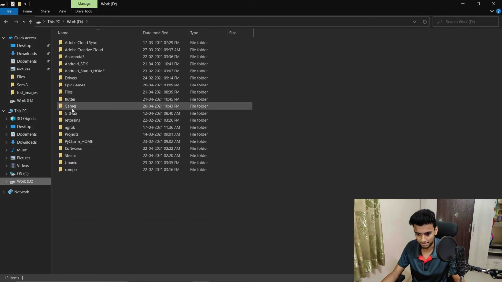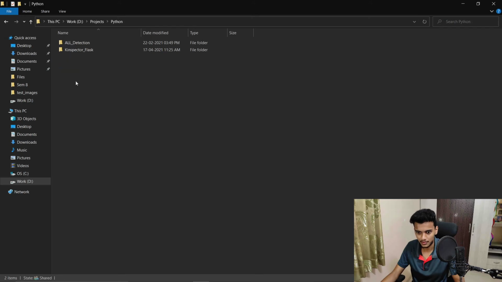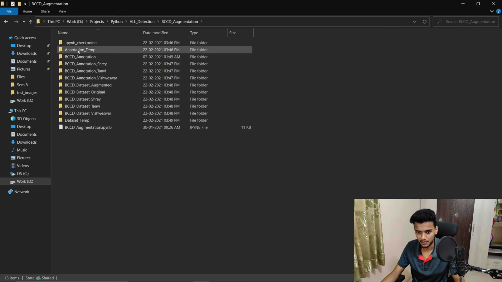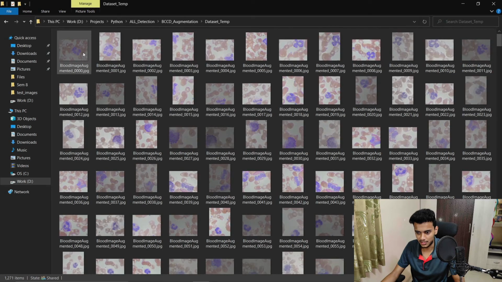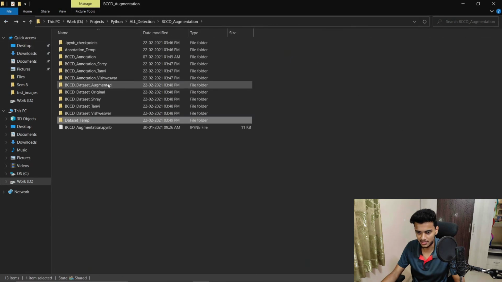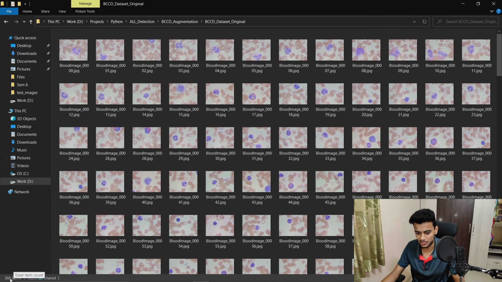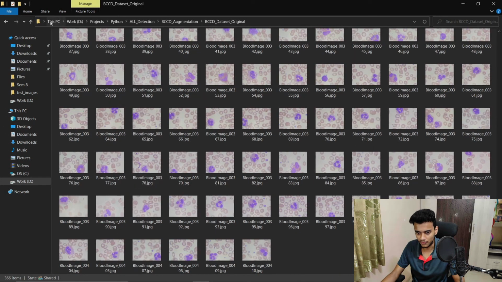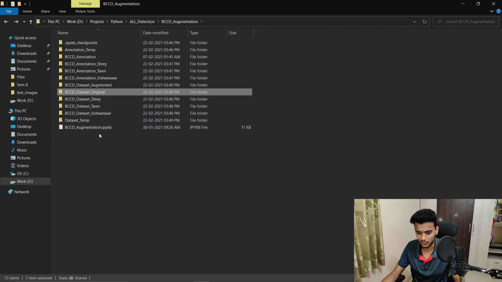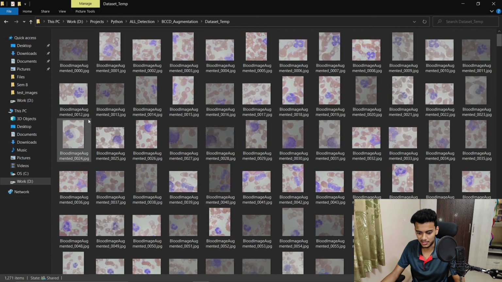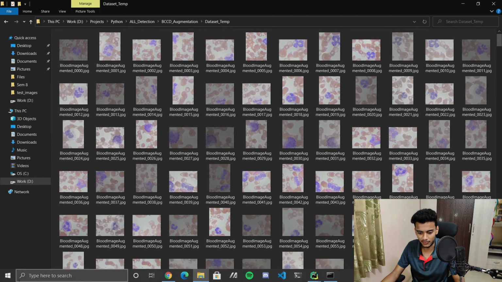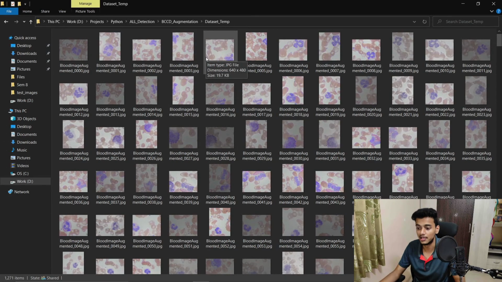Let me show you. As you can see, these are all the data set. The original data set is a BCCD data set, which has only 366 items, as you can see over here below. But we have augmented it using an augmentation script, and using the augmentation script, we have generated 1271 items. What augmentation is basically, from the initial 366 images, we have generated more images. We have zoomed the image, we have rotated the image.